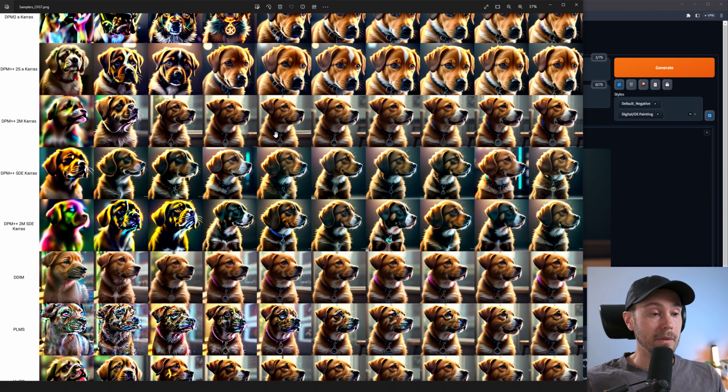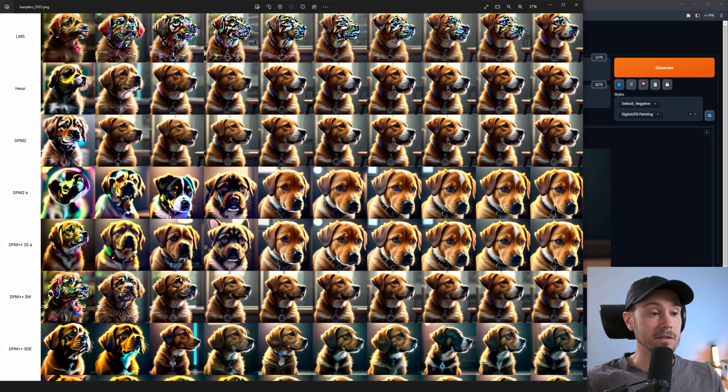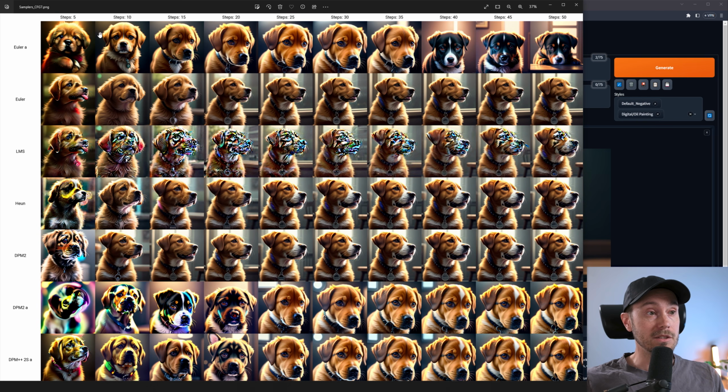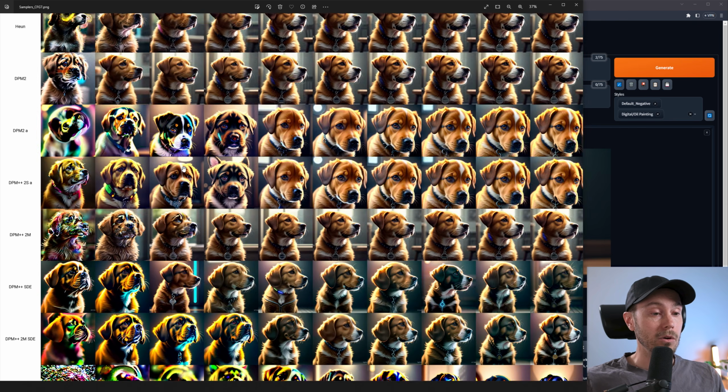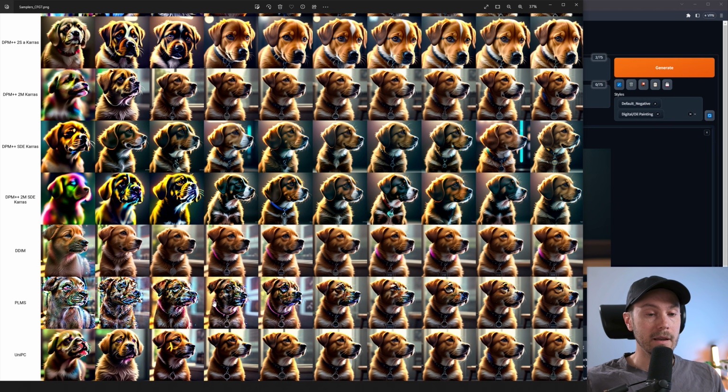Now, as you can see, there are samplers like DDIM here, where 10 steps produce a good result. And as well, the first one that we looked at, the Euler A, can produce good images even at lower step counts. So play around with them, but I'd recommend going for Euler A or the DPM++2M Keras. Now, you might see that some of these are getting quite weird results, like the artifacts and the coloring here in the dog. And that's because some samplers are not great at, firstly, low step counts, and secondly, high CFG